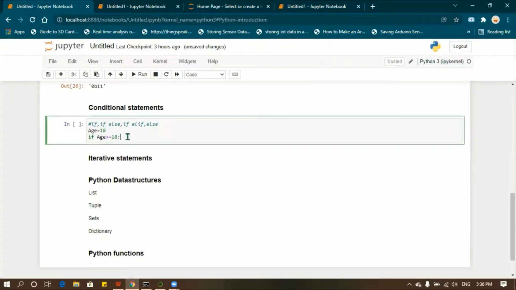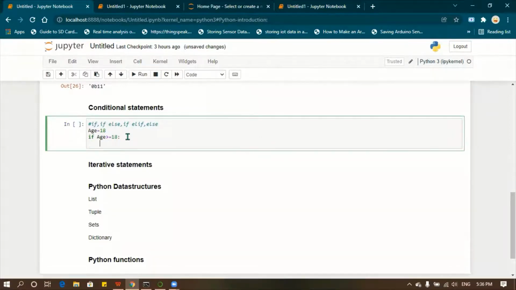So if age is greater than or equal to 18, what I want to do is show some message to the user. So here we are going to use the print operation. Open the bracket, and inside the quotation I'm going to say, you are eligible to vote.